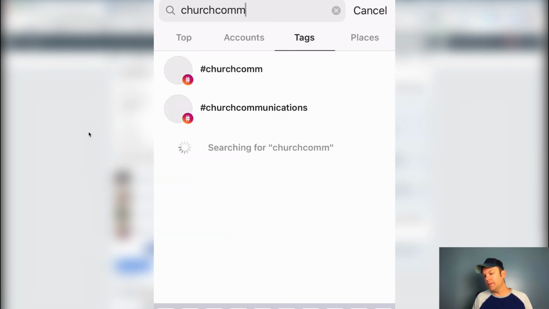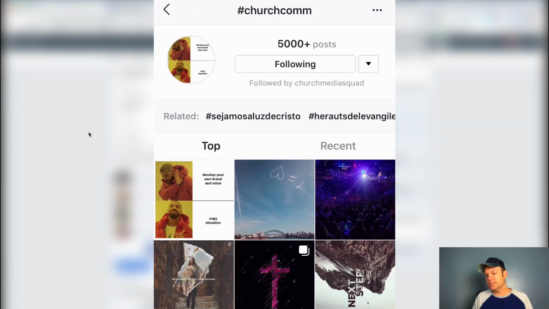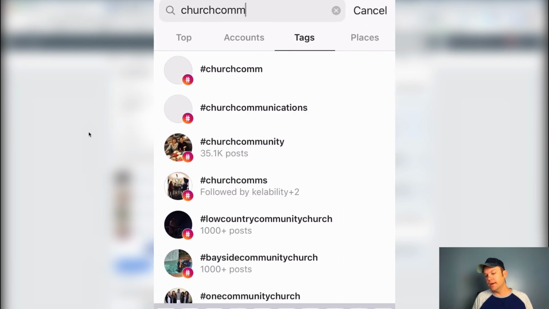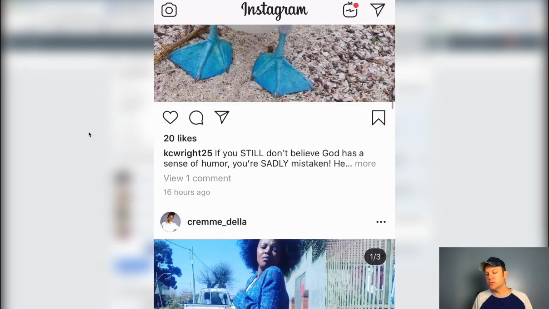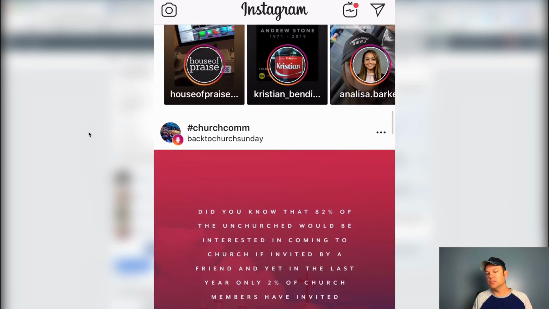But for CMU, I might come in here and say, hey, I want to follow the church communications tag or the church comm or church marketing. And now that content, those tags, the top posts from those tags show up and I can interact with those as well. So you may find following popular hashtags in your community, in your city, in other nonprofits, anything that's kind of like-minded or the ones that your church is using, people in your community are using. Those are all great ways to find content that it's probably worthwhile to interact with, engage, show some love, comment on, and you're just building relationships that way.